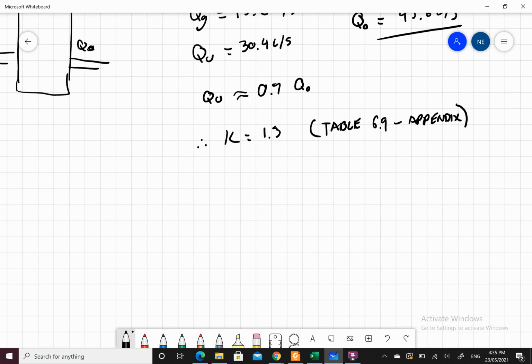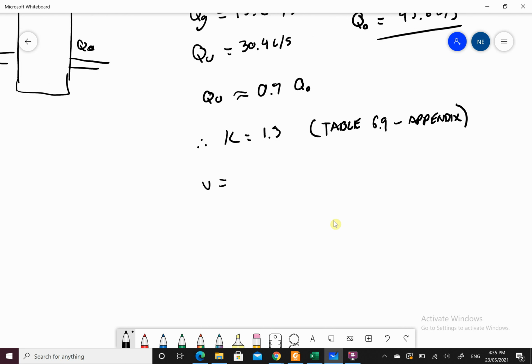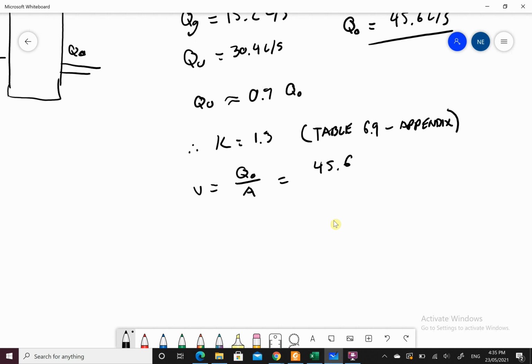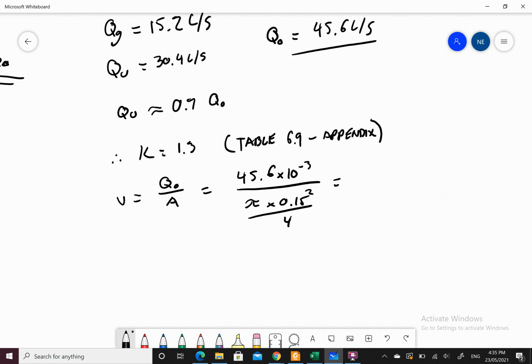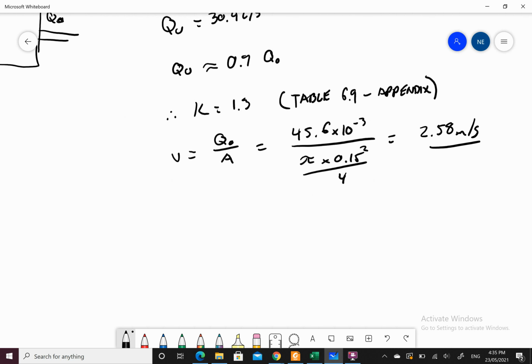Beautiful. Now let's work out my velocity. V is equal to Q out on A, which is 45.6 × 10 to the negative 3 to bring it to meters cubed, over pi by 1.5 squared on 4 for the cross-sectional area of the pipe, and that gives me a V of 2.58 meters per second. So my loss in my pit, HL, is 2k V squared on 2G, chuck in the numbers,